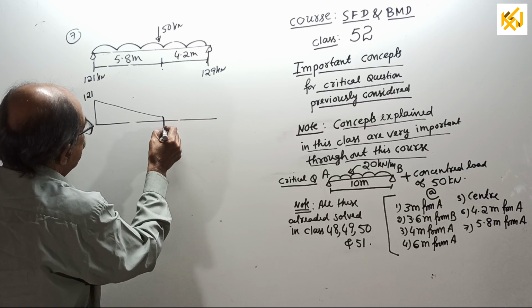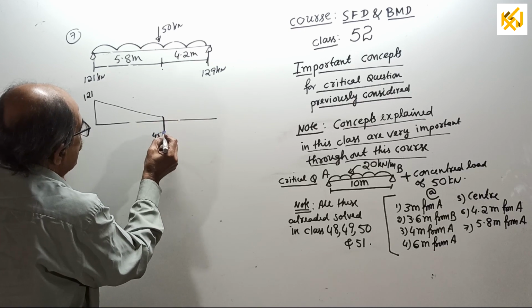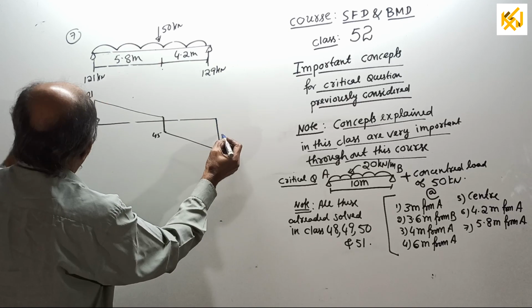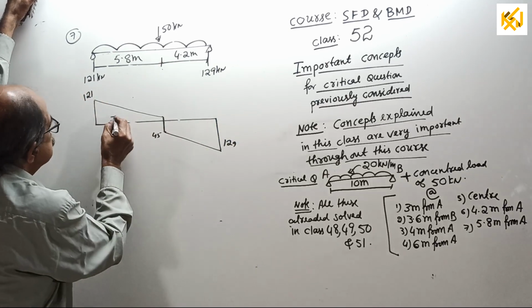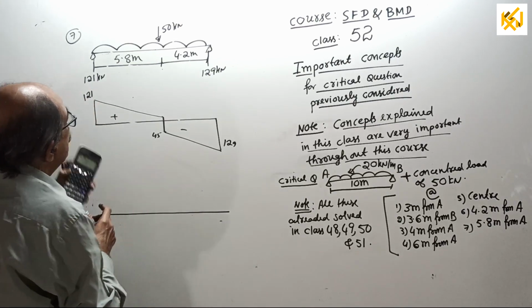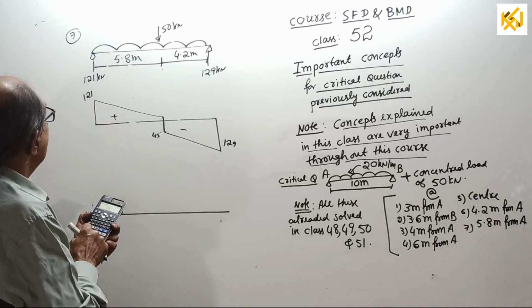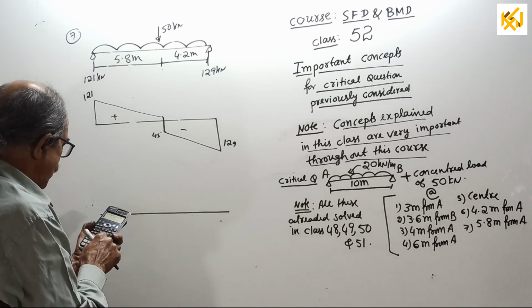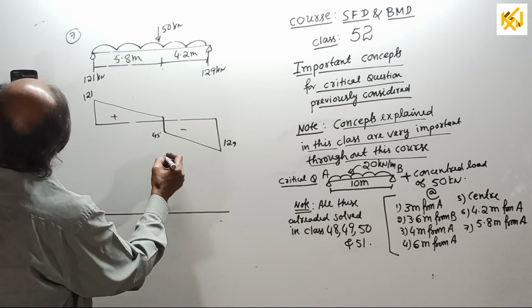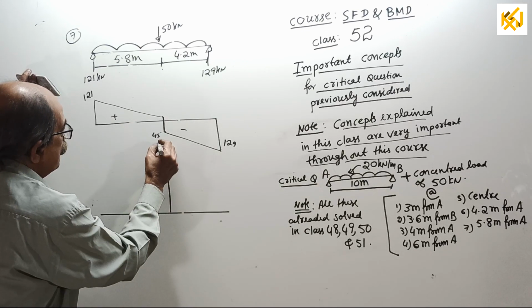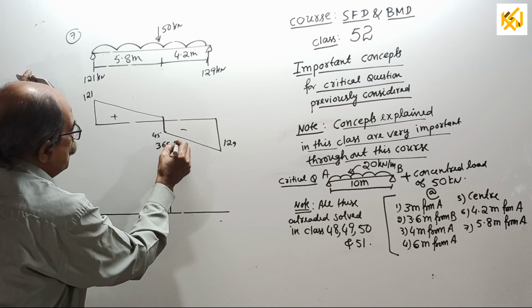Then minus 45 here. It will go to 129 here. 129. Now, draw BMD. That BM, how much did you get? 121 into 5.8 minus 20 into 5.8 into 5.8 by 2 is 365.4. Okay, now,